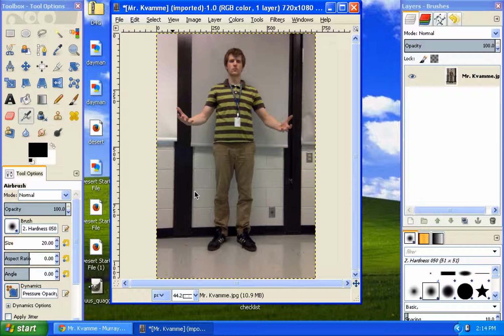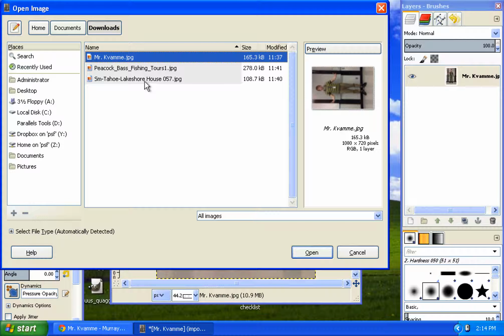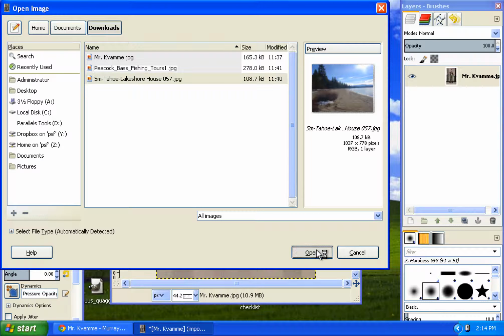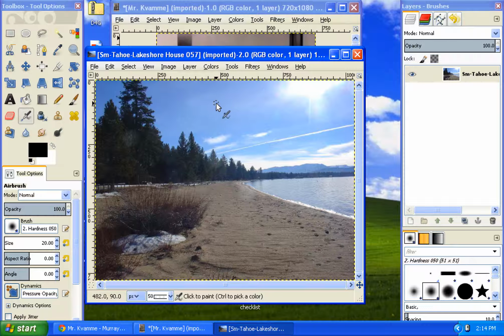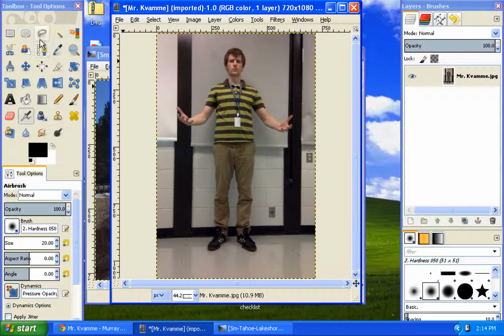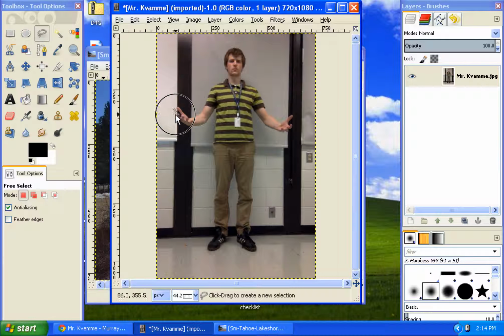Okay, now that my picture is rotated the right way, I'm going to open the picture from the background. I always want to go to File, Open to open the picture that I want to use. So I've got my background picture here. Next thing I'm going to do is use the Lasso Free Select tool to try and select my whole